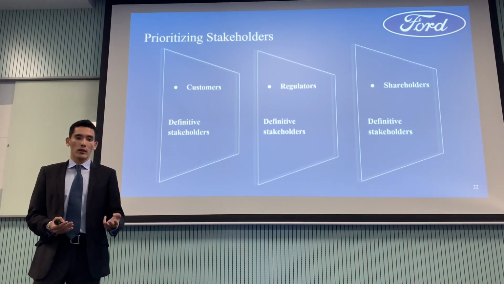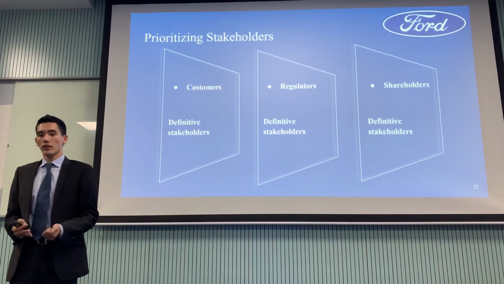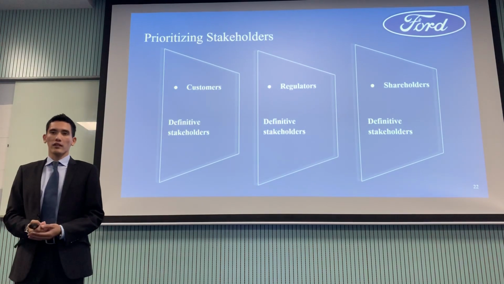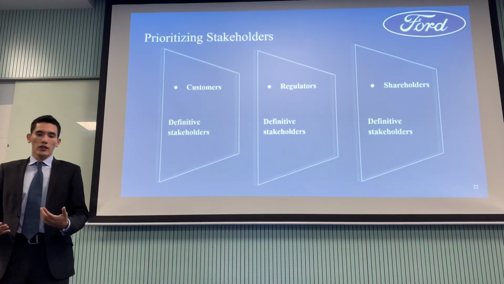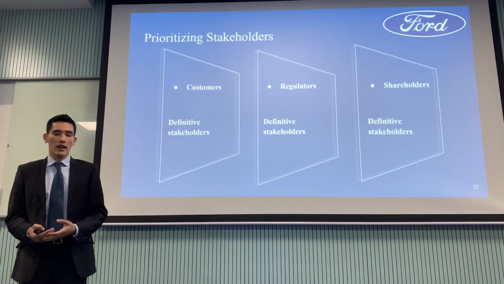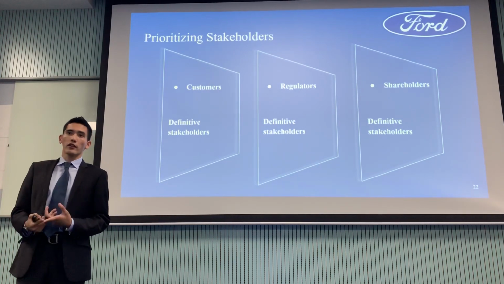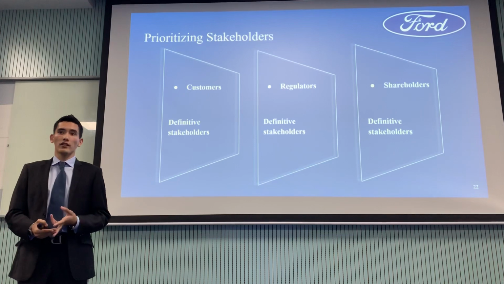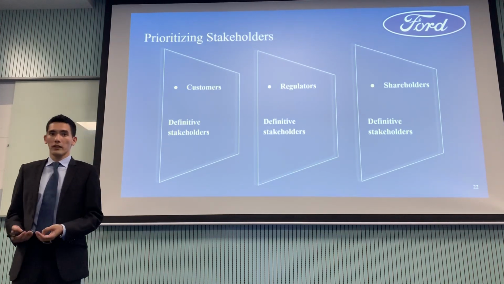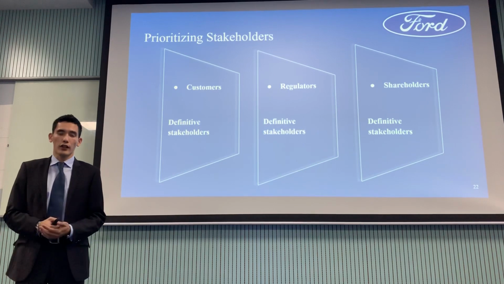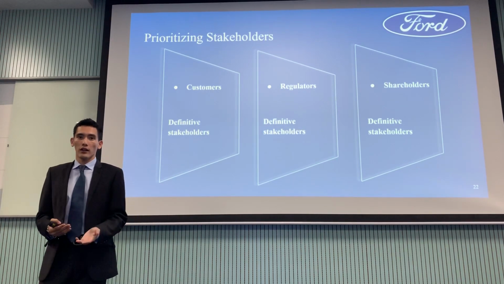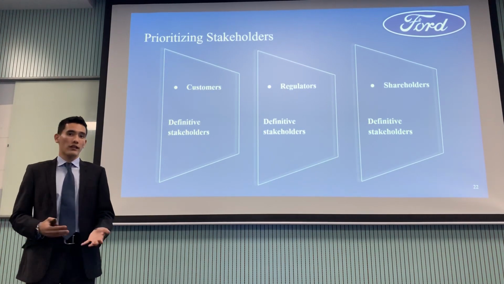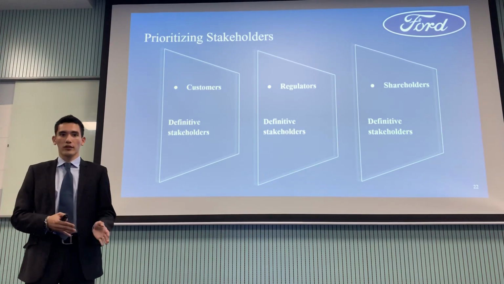Amongst the three that we've chosen, the customers, regulators, and shareholders, our team believes that the shareholders are the most important because they have the most concerns. As I mentioned earlier during the slides, they have three. The first concern is their financial status in terms of stocks declining. The second is sales, revenue, and profit decreasing and thus affecting their dividends at the end of the year. Lastly, these shareholders are potential users of Ford vehicles as well, and therefore their safety is also at risk, similar to that of the customers.